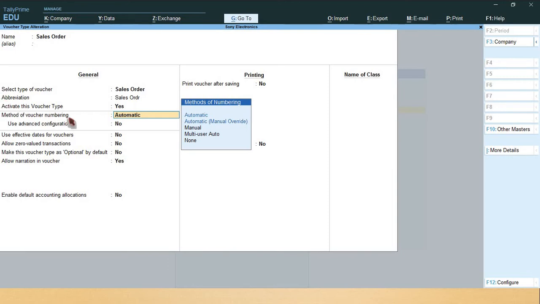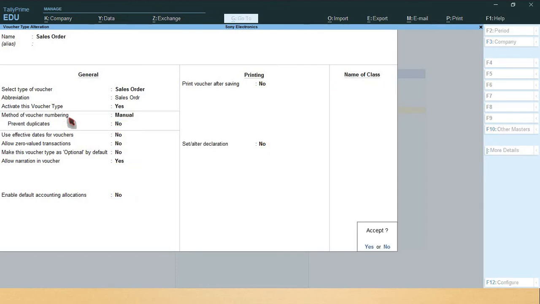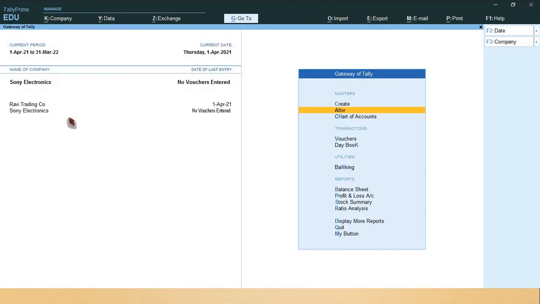For the method of voucher numbering, select Manual, because we enter the sales order number manually in the sales order voucher. That's why we select the manual option. Accept. So now we have enabled both delivery note and sales order.